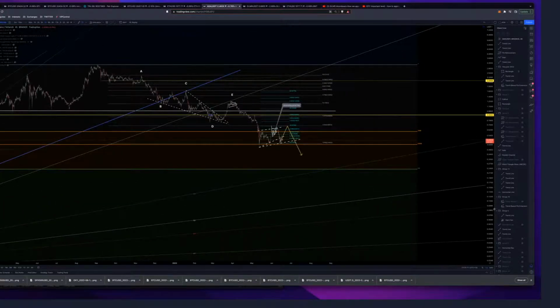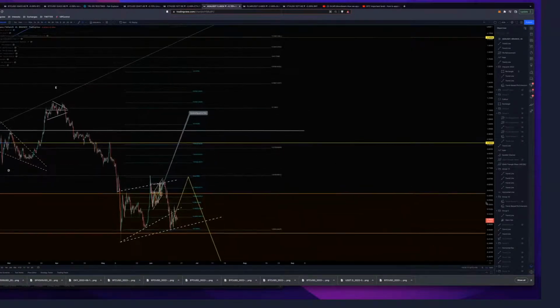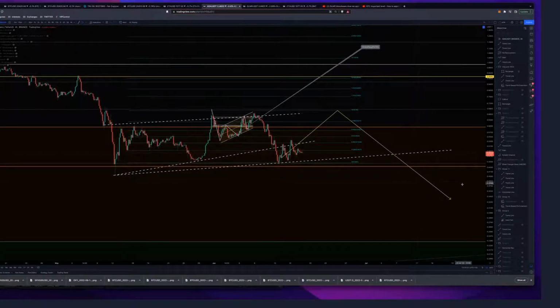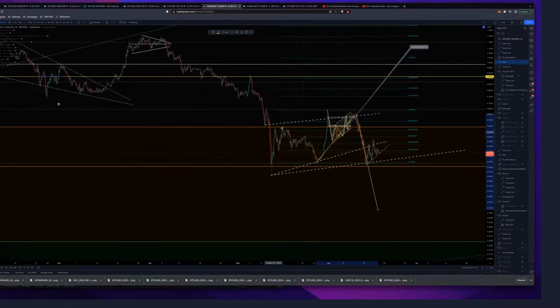So if we look closely at ADA, this could break down easily as well. I don't trust this line. That looks like a bear flag to me. It's unlikely to break up to the upside. There's a chance, but I do see this coming down. So this is a bear flag, and then if we were to use,